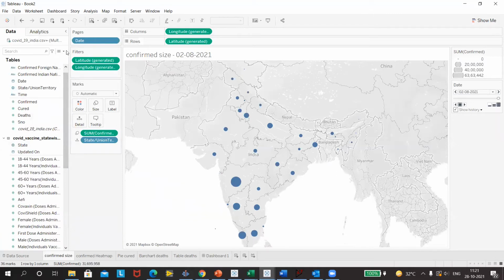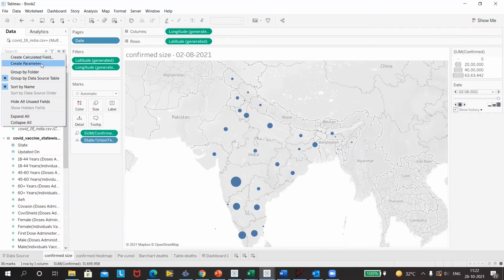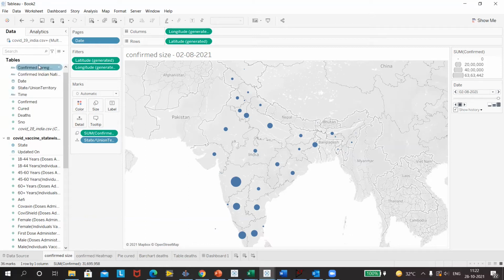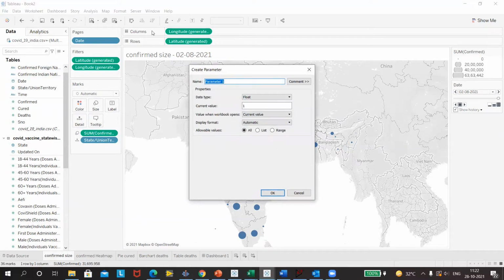Okay, and now we will do few things. So first thing is just click on this arrow. You see two things, create a field and create a parameter. So what we want to do is we want to add a parameter control. So I just click on this and I say